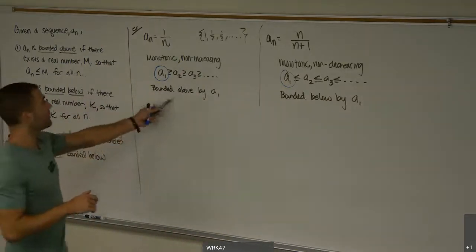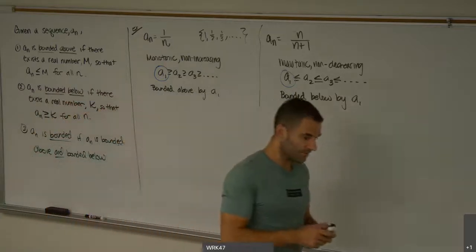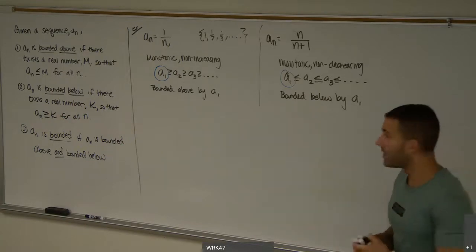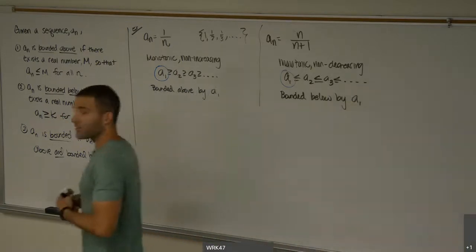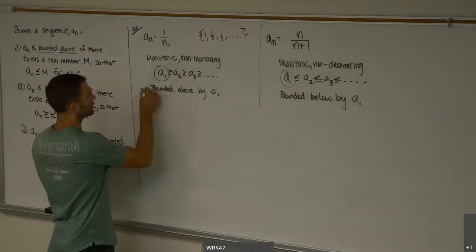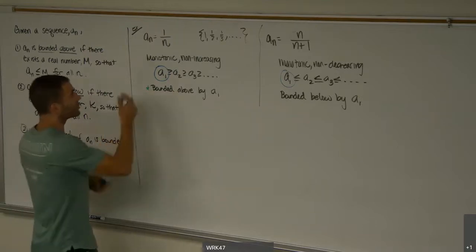So this sequence is bounded below by A1. And this sequence is bounded above by A1. Bounded above and below. That's just because of being monotonic. Now, bounded above and below doesn't mean you're bounded, right? You have to have bound on both sides. Right here, we are bounded above. We have 1 by A1. We are also bounded below, just by inspection,